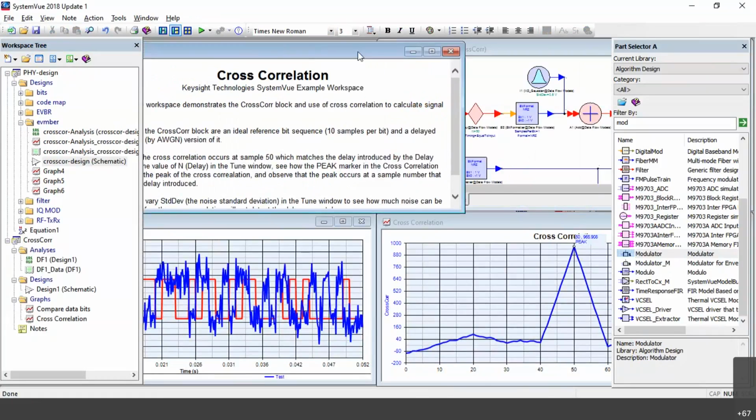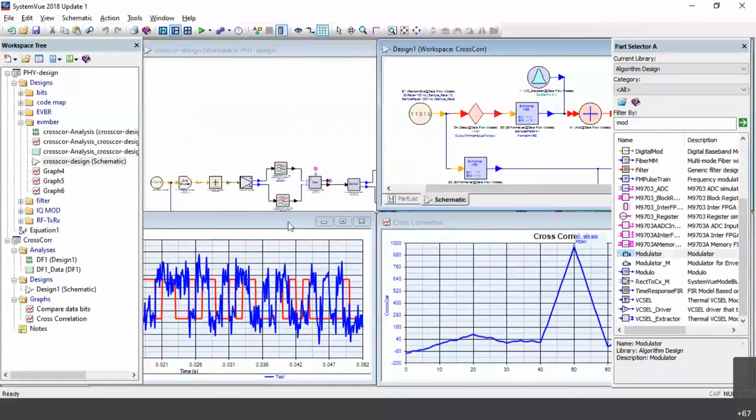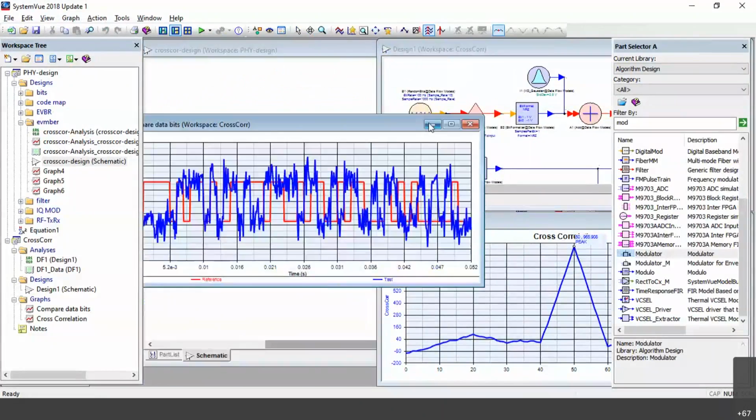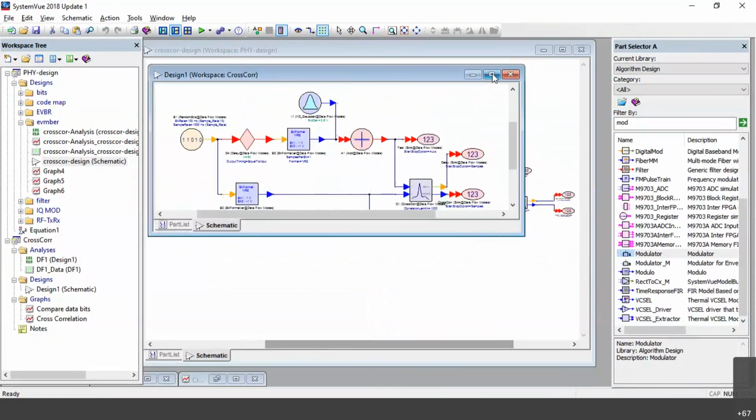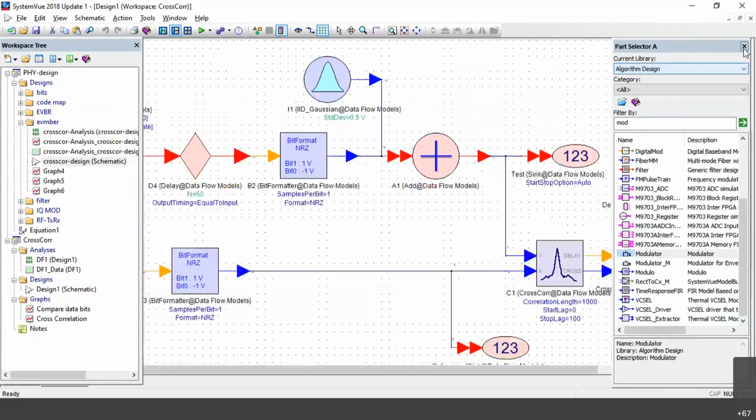This is an example, these are notes written about the cross correlation. And just minimize. And this is a graph of how we are going to correlate both the signals. Fine. Okay. This is the schematic structure of how exactly cross correlation works. I'll explain this figure and just close this.